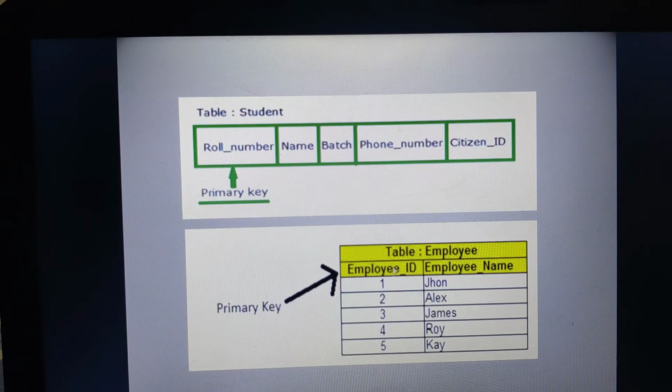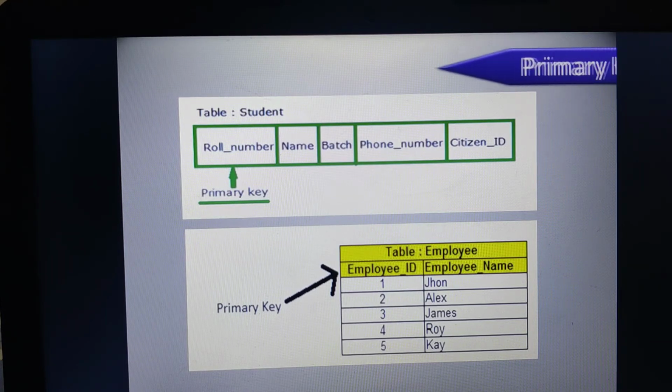This employee ID has been created with the primary key constraint, which means this column cannot have any null values and whatever values it is holding will be unique and distinct. We cannot duplicate the value 1. For one more employee ID I cannot give 1 again. So whatever values they enter should be unique. So this was all about the primary key.